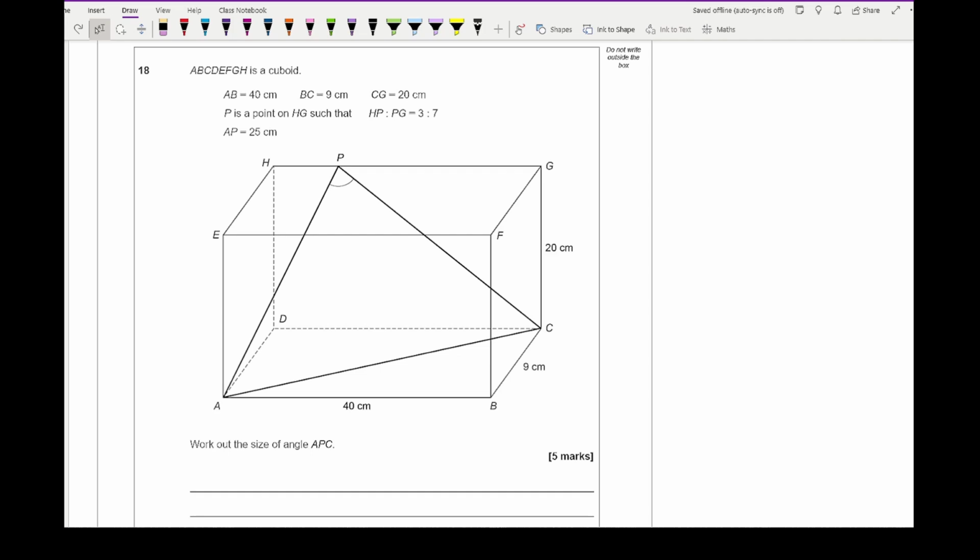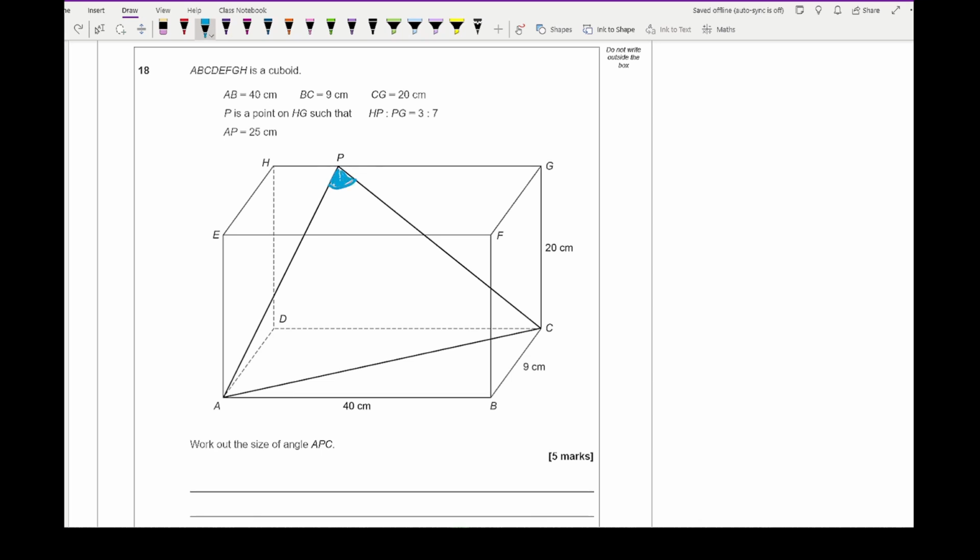Now moving on to question 18, it says ABCDEFGH is a cuboid. AB is 40 centimeters, BC is 9 centimeters, CG is 20, P is a point on HG such that HP to PG is 3 to 7 and AP is 25. And the question is asking us to work out the size of angle APC. Now angle APC is the one that's marked, so let's just emphasize that,